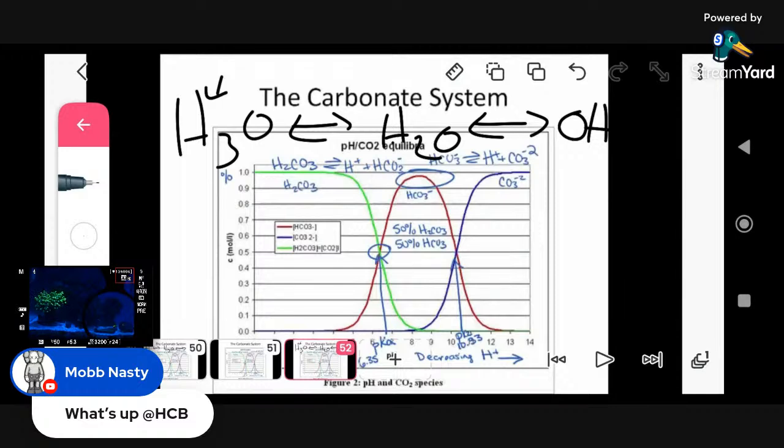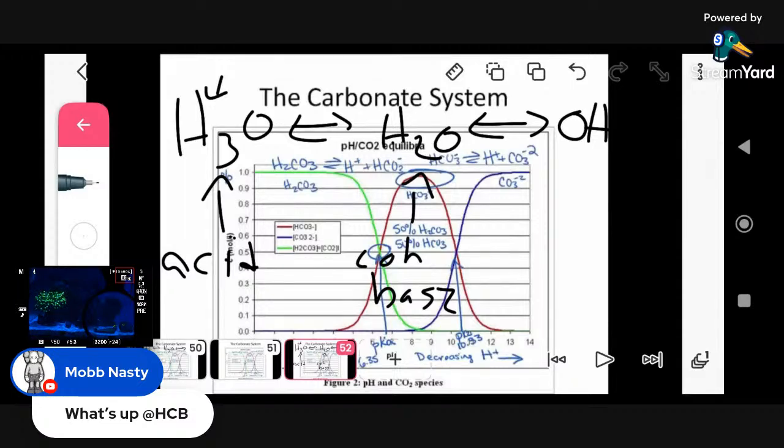So remember, what is a buffer? An acid and its conjugate base. So Henry, could you point that out? This is the acid, right? This is the acid, the H3O. And then right here is its conjugate base. You see that? The water is the conjugate base of H3O, or H plus in the water. You see that?